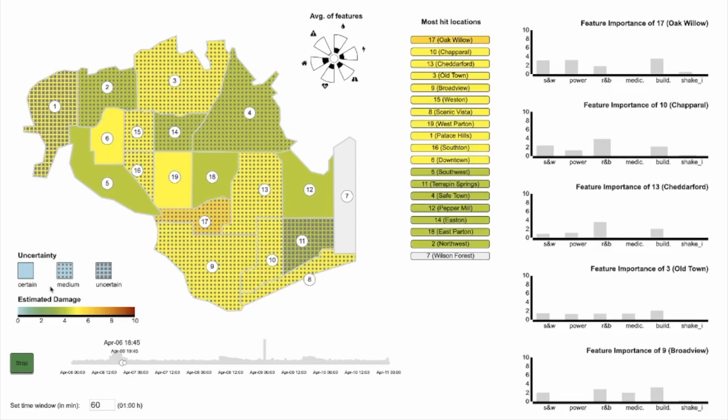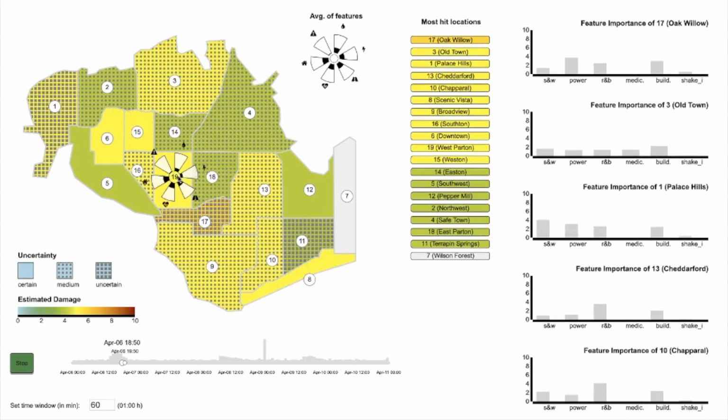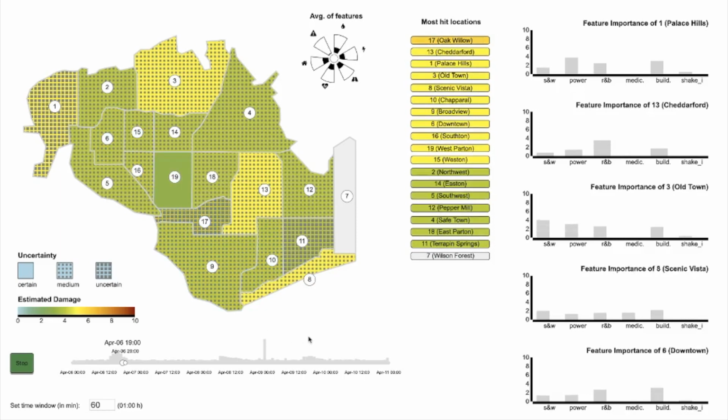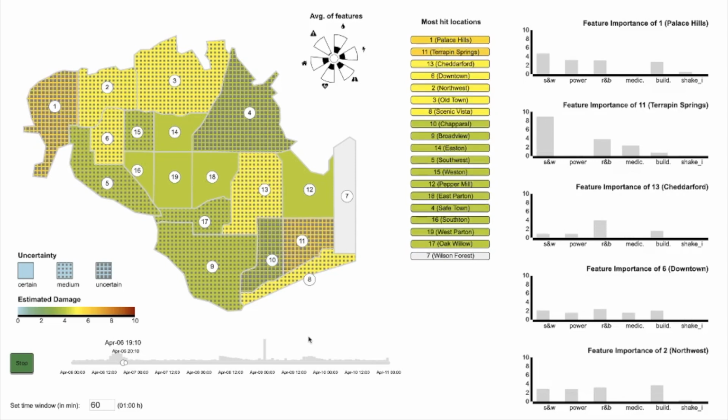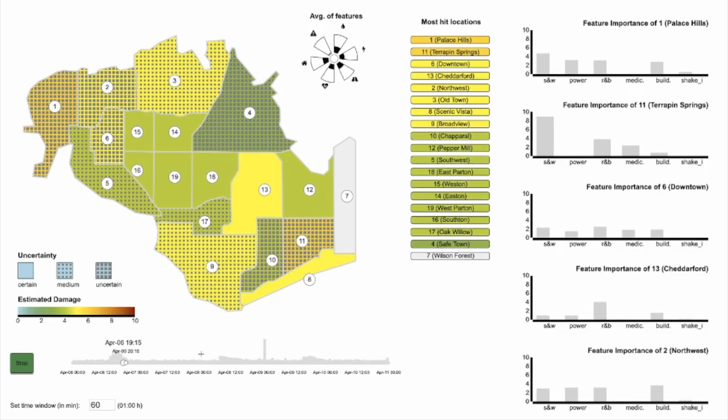On top of that, we also have a feature where if you click on a location, you again have a radial bar chart which shows the average of each of these features within this particular time frame. And this is also very important because let's say you find out that location 17 right now is the most affected, then you figure out which of these features needs your attention. Maybe it's the medical or it's the roads and sewers,